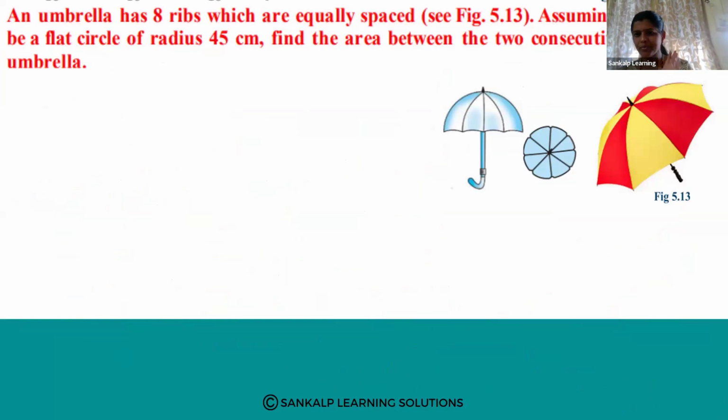See, there is one umbrella. How is that umbrella? The umbrella has 8 ribs. So we call these ribs. How many ribs are there? 8 ribs. If you flatten that umbrella, you will get a circle. Yes. So the umbrella looks like this, and if you flatten it, you will get a circle. In that circle, it has a radius of 45 centimeter. Find the area between the two consecutive ribs of the umbrella. Yes, so here